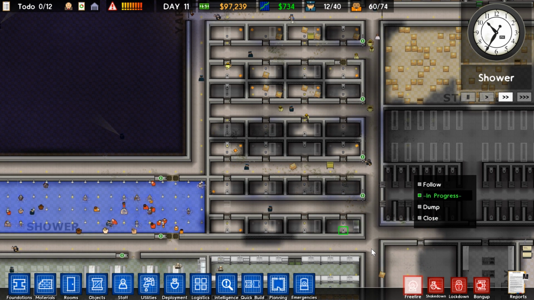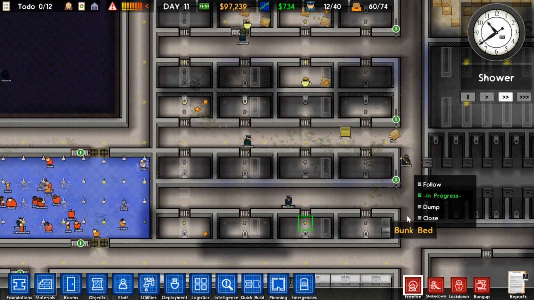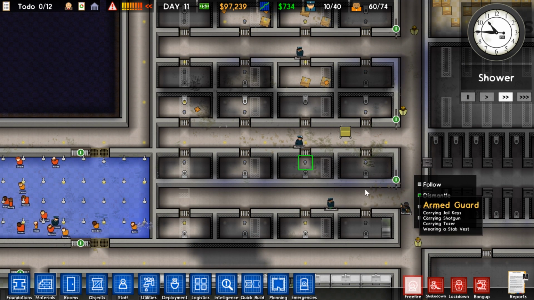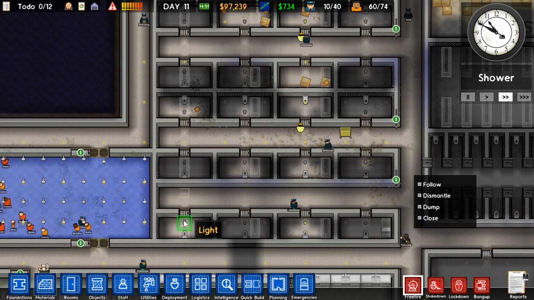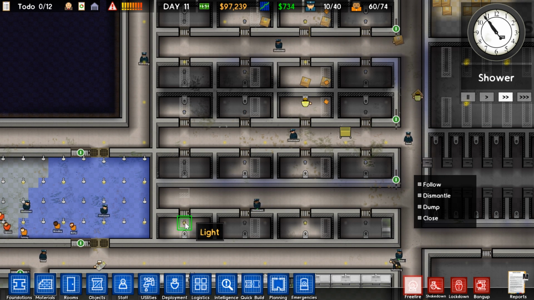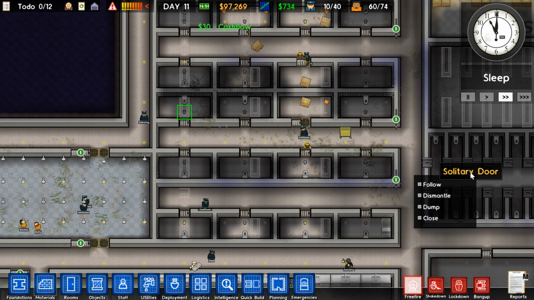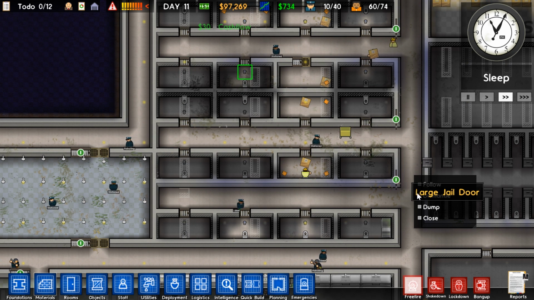Okay. That should take care of most of it outside the sprinklers. Oh, that didn't need to be dismantled, nor does that. Oh. Collecting the sprinkler here is going to be a problem. I'm just going to have to dismantle both. There's going to be a wall there anyway, so...